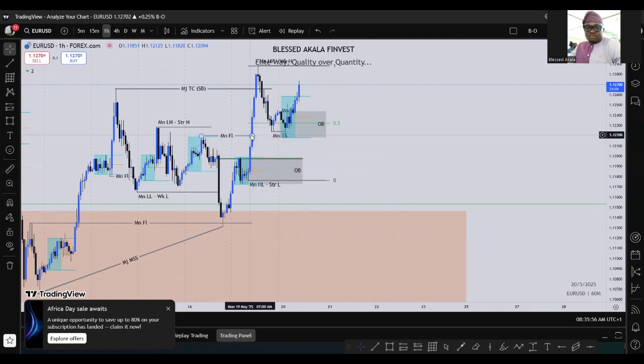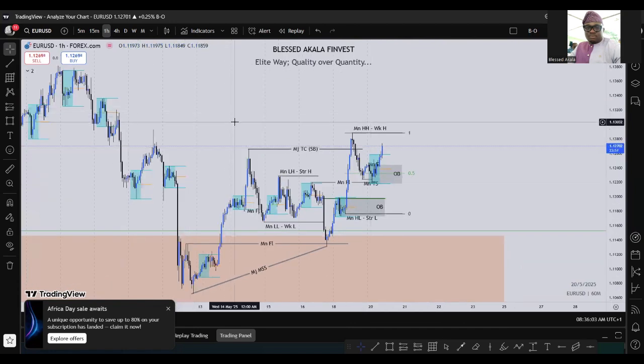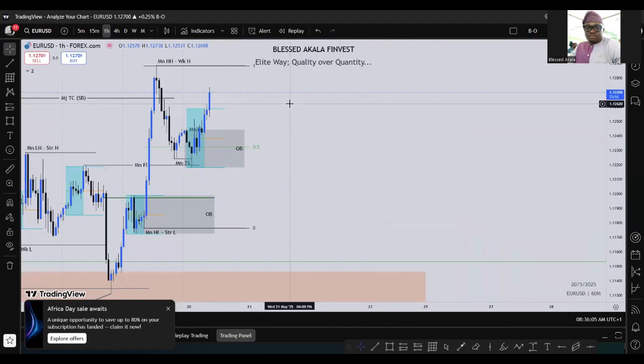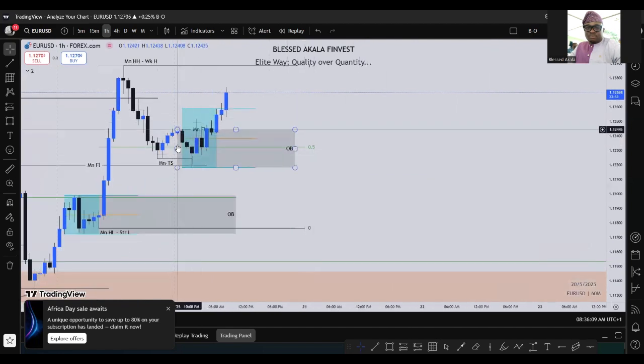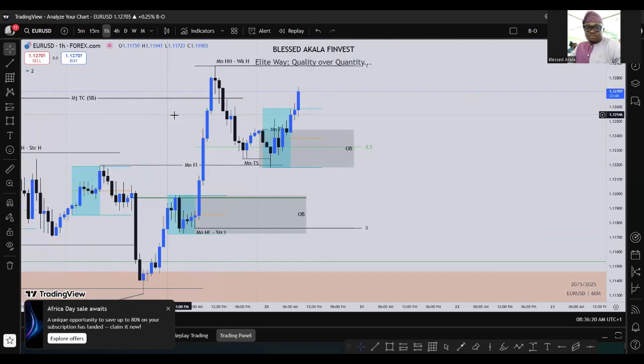From what we are having now, that's number two in our data collection. And we're still going to see what is going to happen eventually. But what we are having here, the liquidity below this low has been taken. The only thing I'm banking on, number one, is this minor flip that we have within this internal structure that we have on lower time frame.